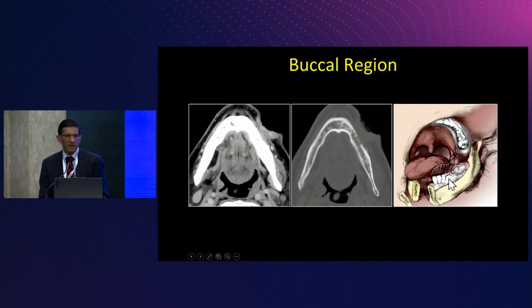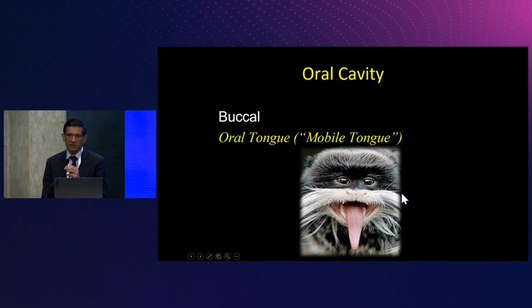Now, I think tomorrow I'm going to give you a talk on flaps and grafts and things like that, so I won't show you the red meat pictures, if you will. Those will all be for tomorrow. But suffice it to say that the patient undergoes a segmental mandibulectomy based on what we say in radiology. If I said there was no bone erosion, they're going to have a wide local excision. But if I say that their bone's eroded, the mandible's in the pan. And now you've just said to that patient, you're going to have a 6-hour procedure based on what you see on your report. And then tomorrow we'll go over the types of flaps and grafts. So please, please, please, don't underestimate the importance that you have in these patients.